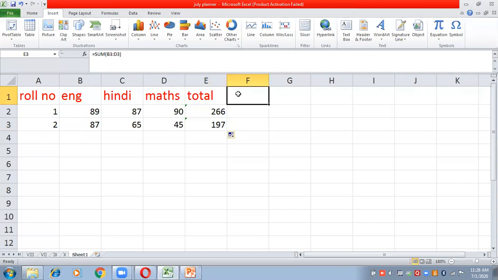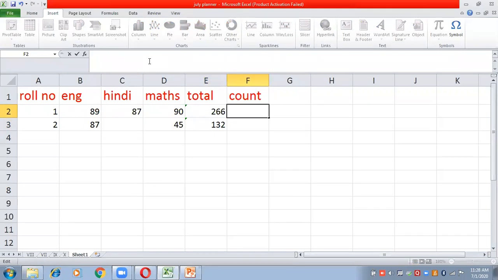Okay. After calculating total, next is the count function. Count function is used to count how many marks are there. Suppose roll number 1 has not appeared in the Hindi exam, so there are no marks here. I'm deleting it. Roll number 2 also has no marks in Hindi, he was absent, suppose. Now, how to write the count function?